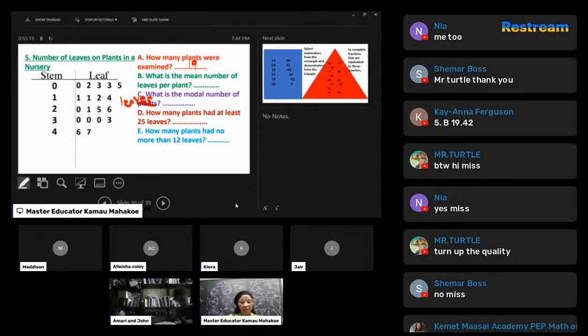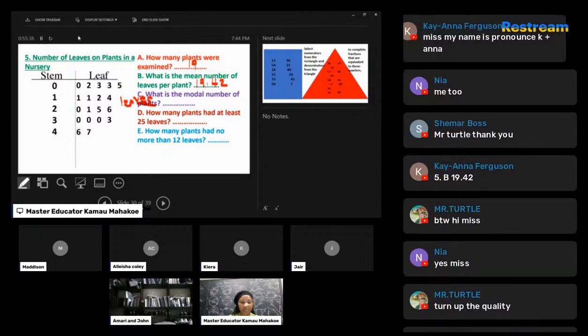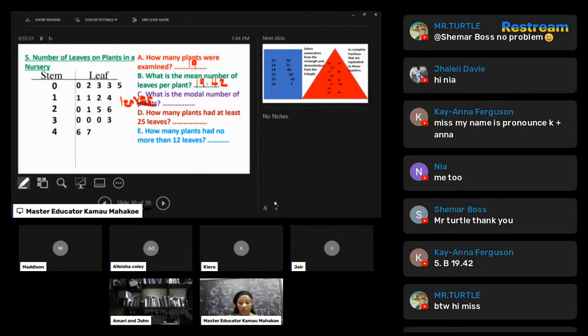All right, John. In the interest of time, we have two scholars who said they got the answer already, and I got that same thing. Nia said she got 19.42, which is what I got. The other was Kayan. Kayan got it right. So 369 divided by 19 is 19.42.